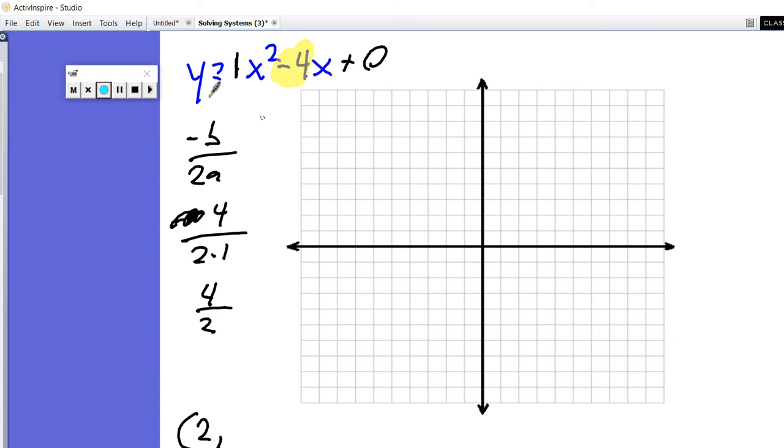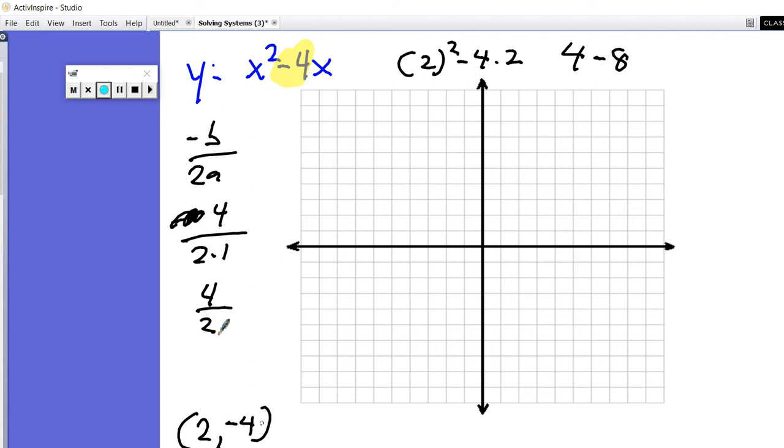Plugging back in to find the y value so we can know the entire coordinate, we're going to plug it into this equation. We'll take these things away because we don't need them. So I'm going to say parentheses 2 squared minus 4 times 2. 2 squared is 4, 4 times 2 is 8, so I have 4 minus 8. My y value is negative 4. So I'm going to plot 2, negative 4,